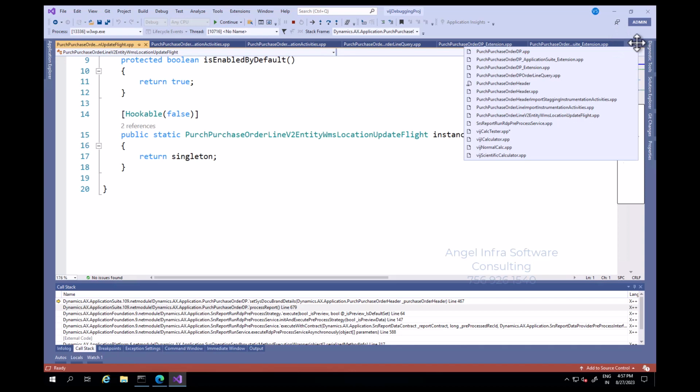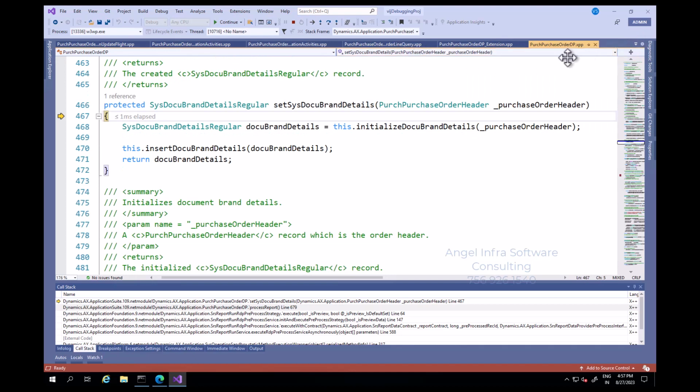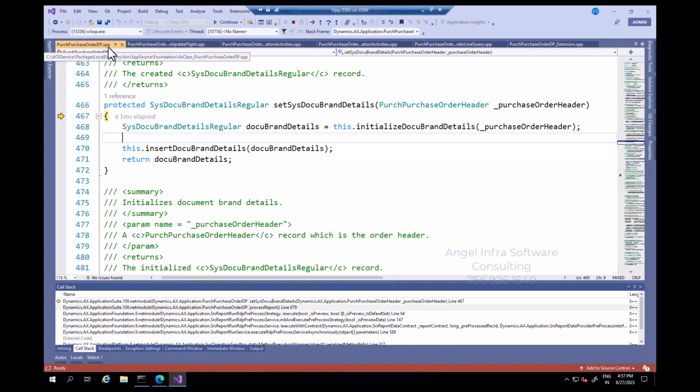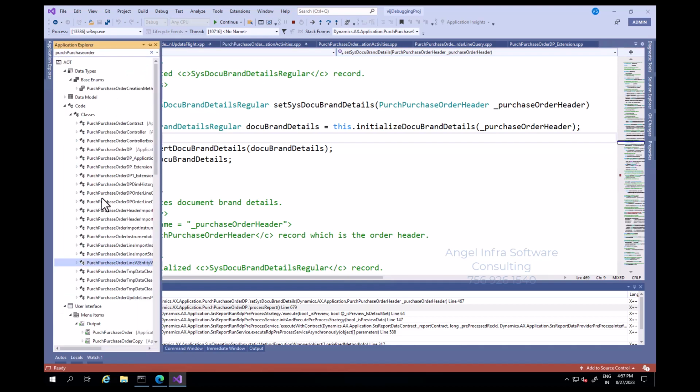How do you go to the previous class? Let's say this purchase order DP, you want to always display here, not go into these minimized ones. You can do that. See here, this pin button, if you pin it, it will always be here. No matter how many files you open, it will always show it in the first tab. And you can pin as many files as you want. If you just observe, I just pinned these three files,